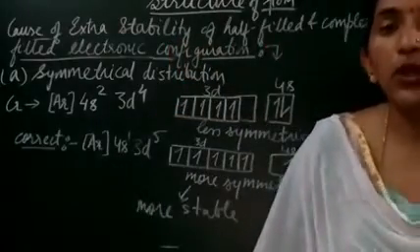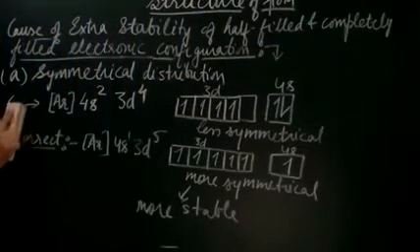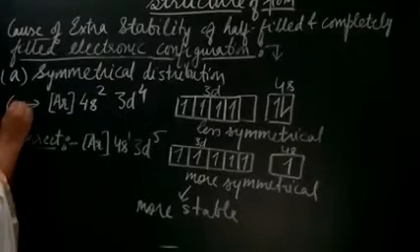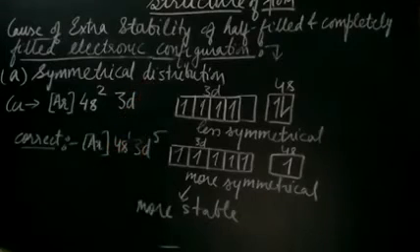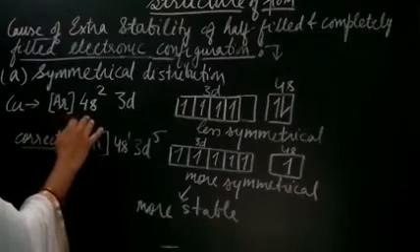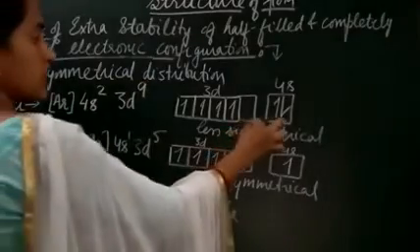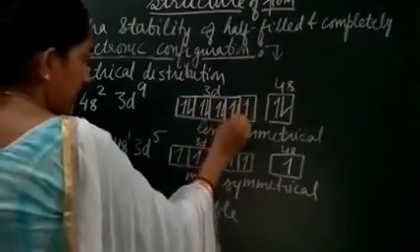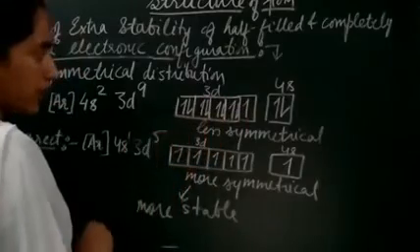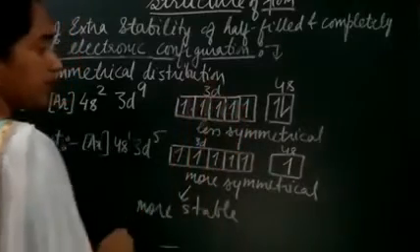Now let us take an example where we take the case of copper. Copper has atomic number 29. So it is argon 18 plus 4s2 3d9, so it is 4s2 3d9, meaning 5, 6, 7, 8, 9. Student, can you tell me which rule I have followed here? Which rule is being followed here?